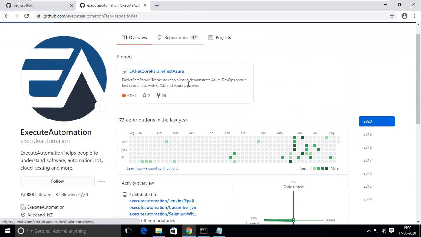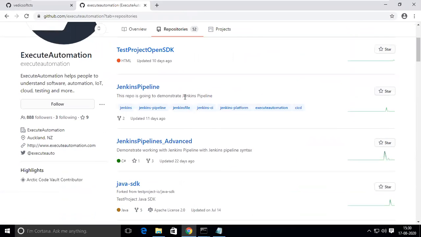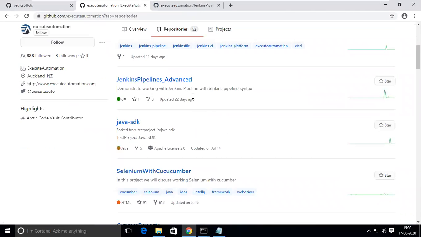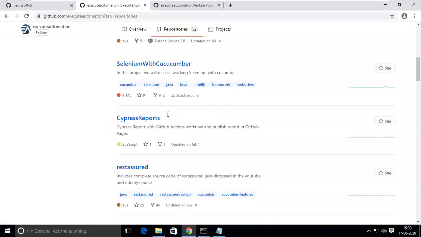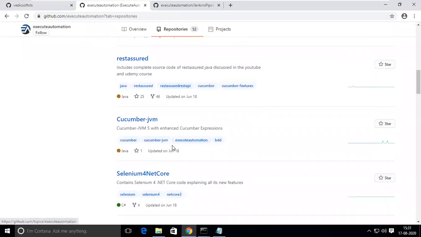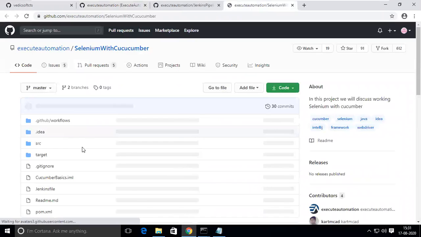So I will go to, he has 52 public repositories. This is Jenkins pipeline. He created some Java SDK, Selenium with Cucumber. So if you want to do testing kind of projects, you can do it, and he will also explain how to do it.